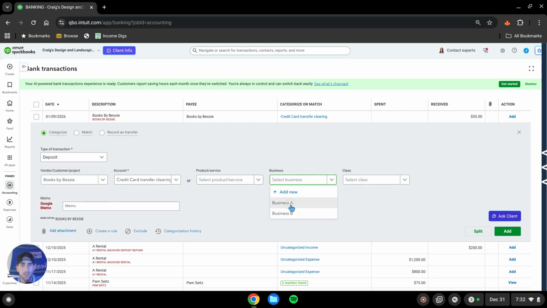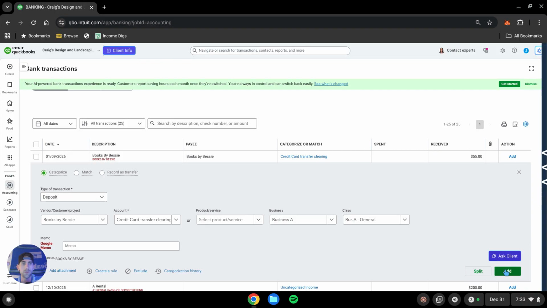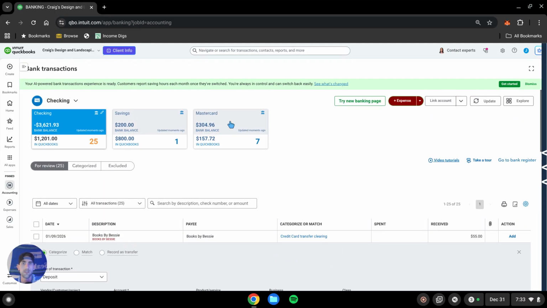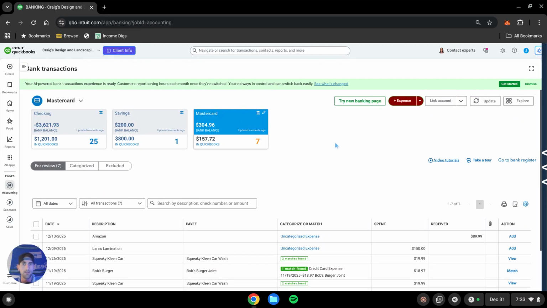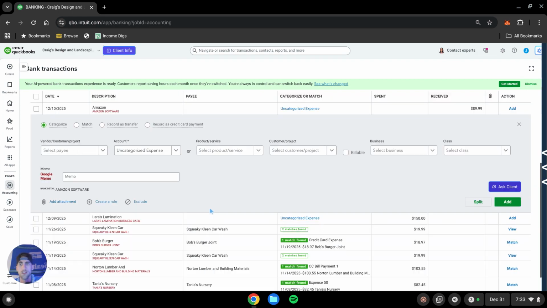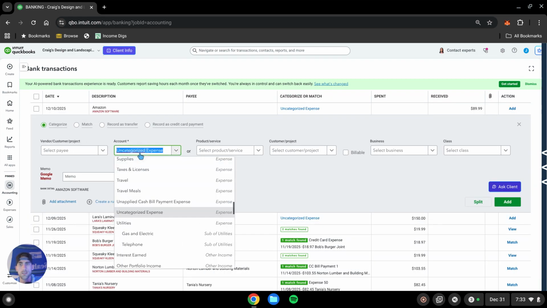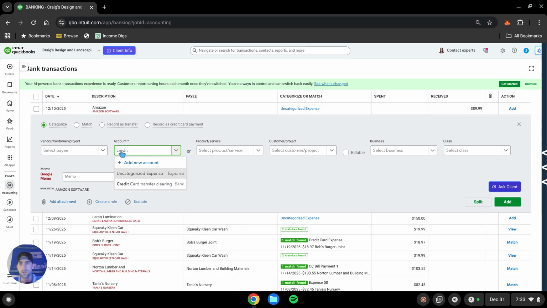That way you can put in your business, and then just have the general class. You would post that, and then you have to come into the other side, find that same transaction, and you would categorize it the same exact way. So you would do the credit card transfer clearing, put in that business in that general class, and that way it'll show up as a zero balance on your profit and loss,